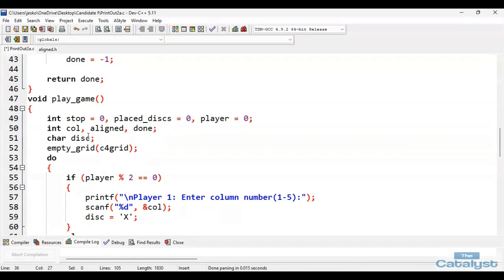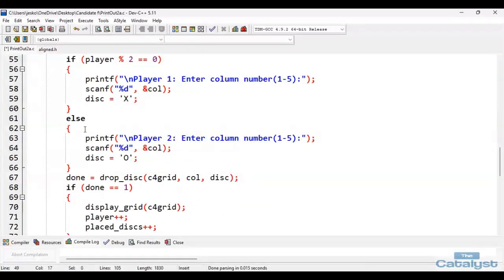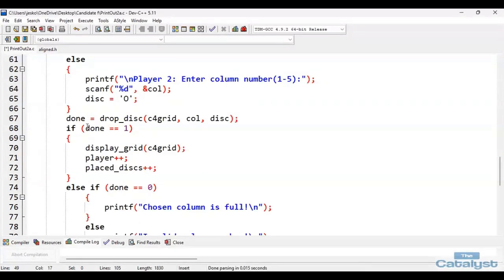So play stop starts from 1. Display okay. Player equals to 0. Column align equals to 0. Player 1 taking the call on the assign X. That's correct. Else player 2 we take on 0. Then